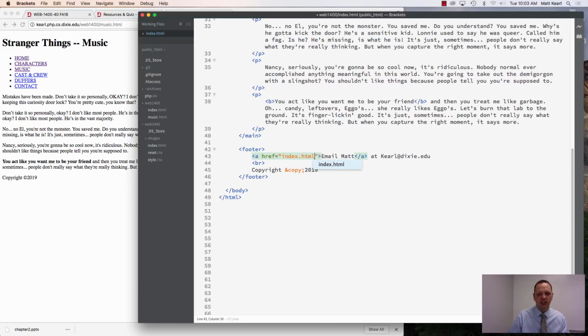And that's dumb because if I clicked on email Matt, it would just go back to the home page, and that's stupid. That doesn't make a lot of sense. You can use a tag called mailto, and then just type out an email address, curl@dixie.edu. And what that does now is it makes it so that if I ever click on email Matt, then it will